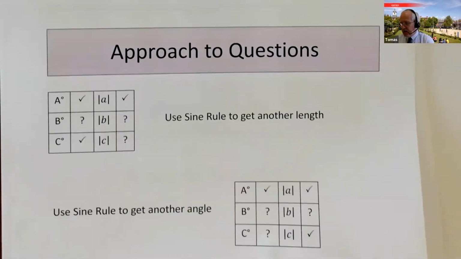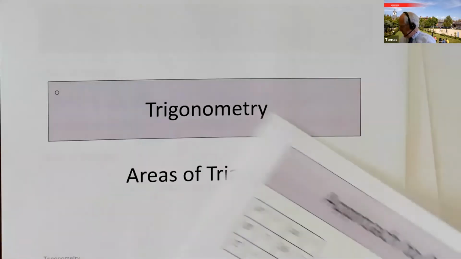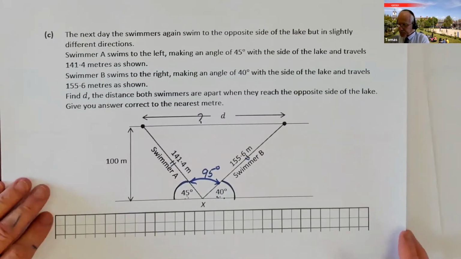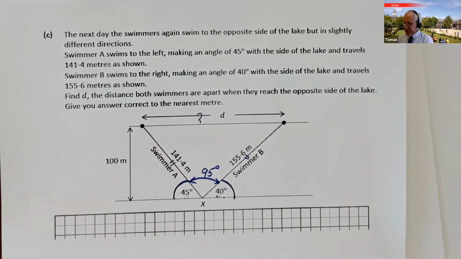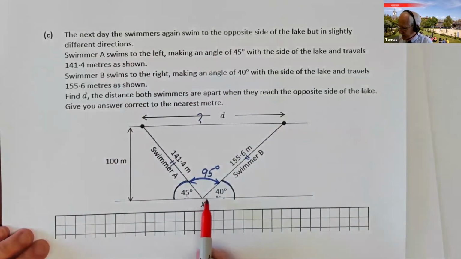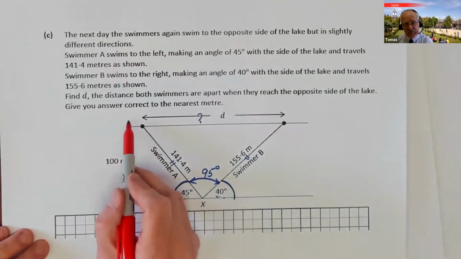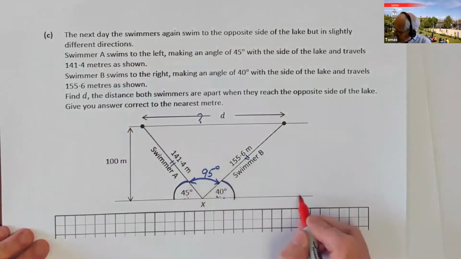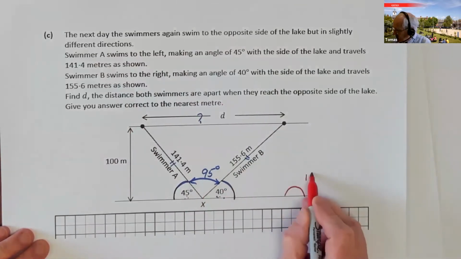That's the end of that. Let's go back to the questions now that we were doing and just see if we can finish the rest of that one that came up. Here we were saying the next day the swimmers swam again, and one swimmer went 45 degrees, the other went 40. Well, I think that given that the angle on a line is 180,